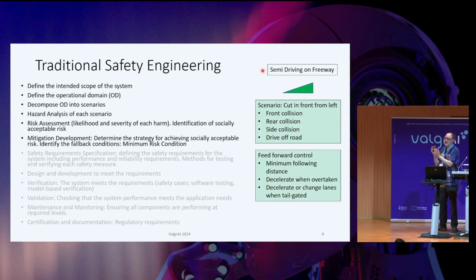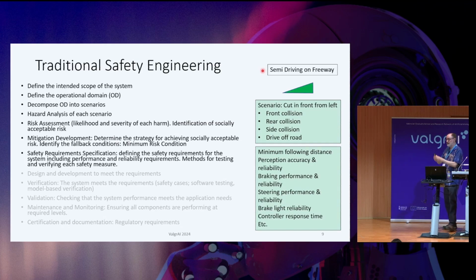So then, once you have this target level of acceptable risk, the goal is to get your risk down below that level. You now need to ask, well, given my risk analysis, do I have an easy design that can achieve that? If not, I need to add maybe redundancy. So more sensors, a backup brake system, extra batteries, whatever, all kinds of things we might want to do. And then that gives me my strategy, this mitigation development.